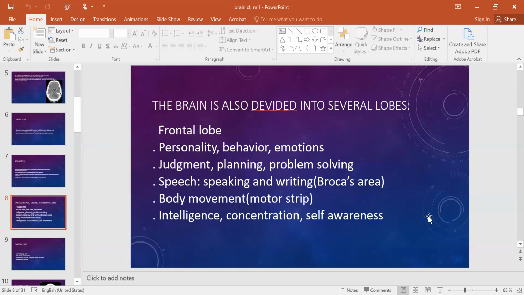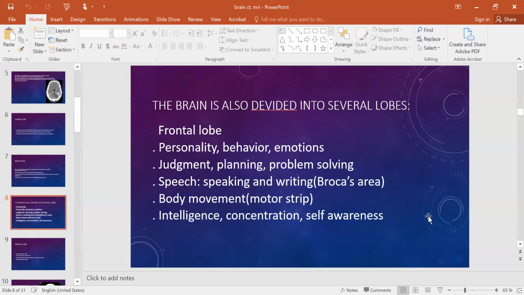In the brain, we have two hemispheres, right and left, and each hemisphere is divided into several lobes. These are the frontal lobe, which is responsible for personality, behavior, emotions, judgment, planning, problem solving, speech, speaking and writing, and we call this Broca's area. If there is any disorder or any process in this Broca's area, the patient can't speak and write. Also, the frontal lobe's function is body movement,